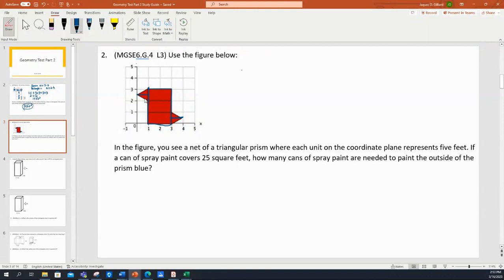Or if that doesn't work for you, then you can find the area of the triangles and still do the same thing. But it will save you time if you just see that as a square and find the area of the square itself. Okay. So anyway,